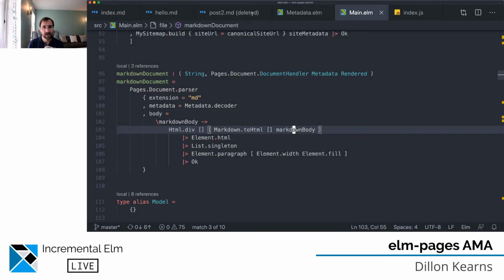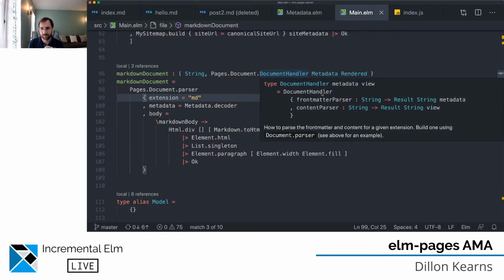So that's one way to do syntax highlighting. But as you might imagine from what I was showing you here, this gives us complete control over what we want to do with parsing our markdown. And of course, it doesn't have to be markdown. We're looking for things with the .md extension, but we could do whatever we want. All we need to do,